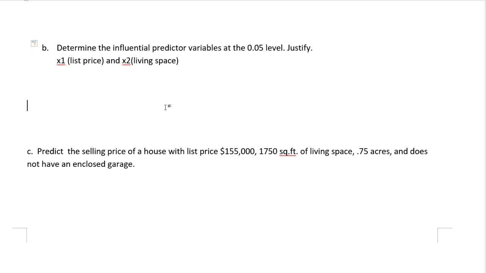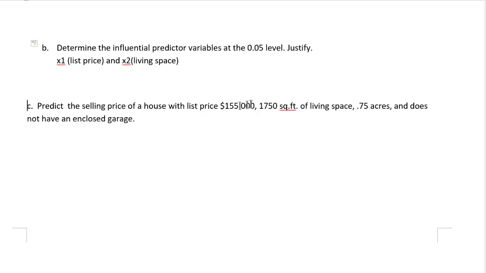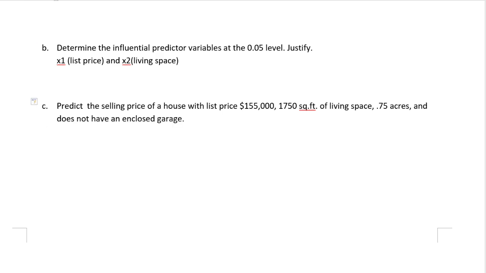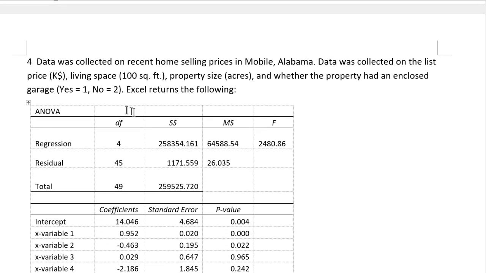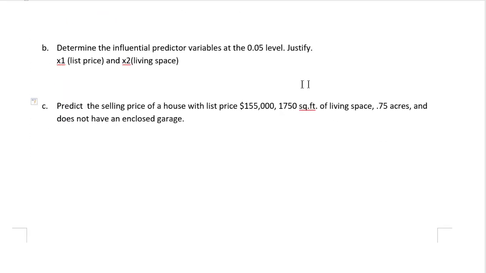Okay, now predict the selling price of a house with list price of this. So for this, you actually need to first have the regression equation. So let's write down the regression equation. List price, living space. This enclosed garage, whether you have it or not, is actually encoded as a dummy variable, 1 and 2. Usually people use 0 and 1, but 1 and 2 is fine as well. So let's say we have 1 and 2,